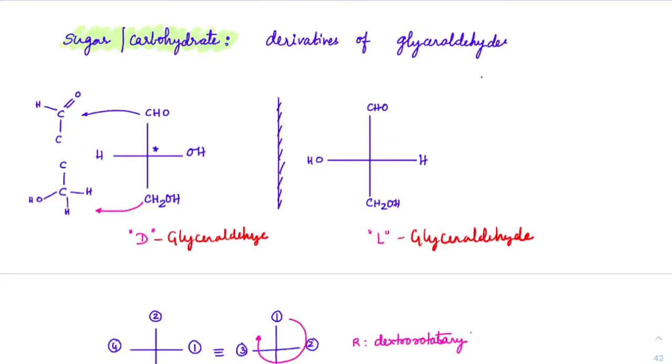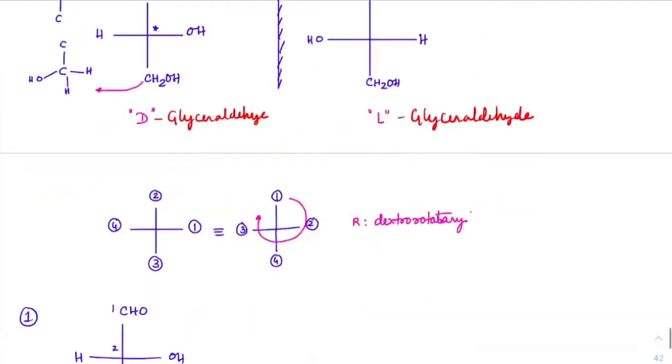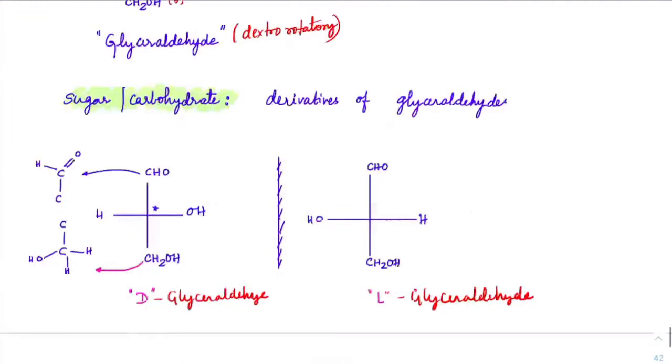So D and L-glyceraldehyde. And in case you take a sugar where the fifth carbon OH is on the left hand side, that is going to be L-glucose. Naturally, we humans and most of the animals which consume glucose or carbohydrates consume D-glucose, or D-carbohydrates, only. We do not consume L. Okay. Everybody understood that? I've written that here. R complements dextrorotatory, S complements levorotatory.